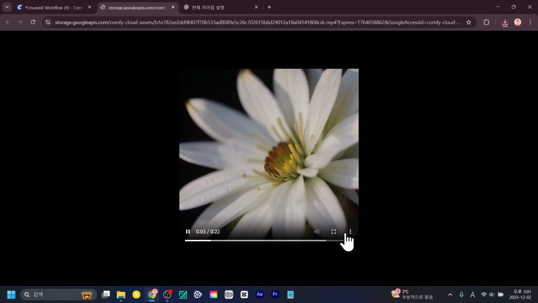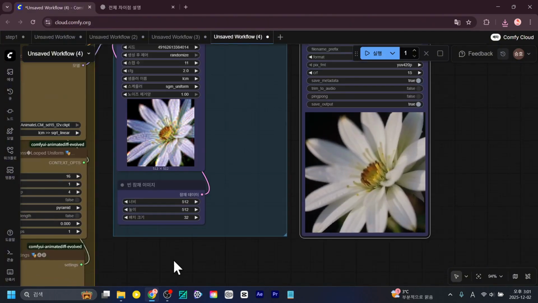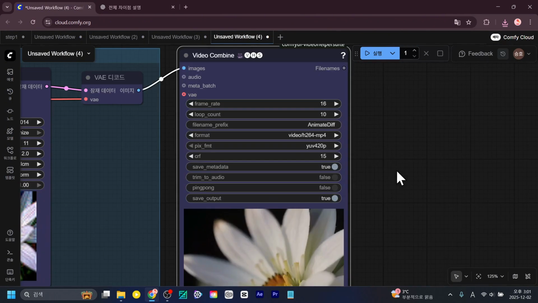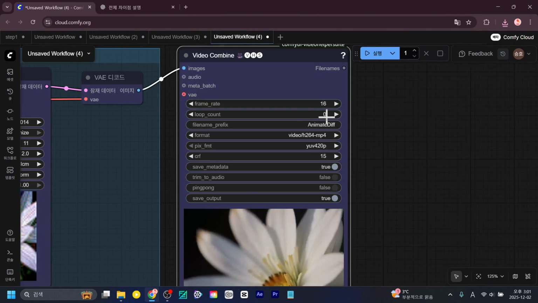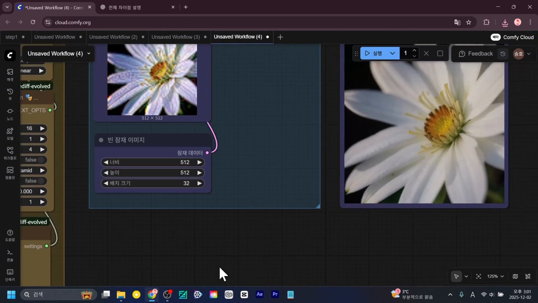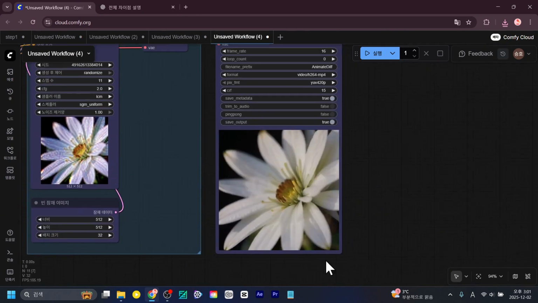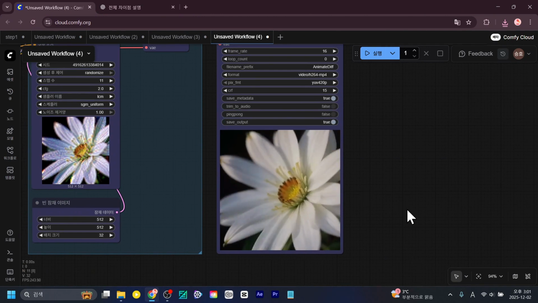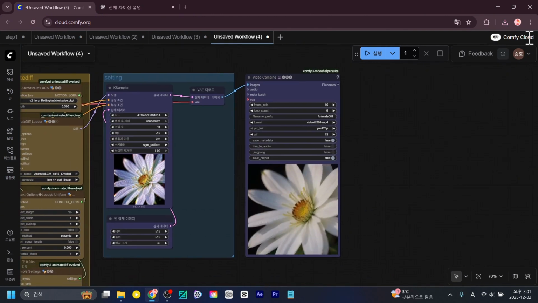Just as planned, right? And as I mentioned before, Animate Diff works with 512. It processes in pixel units. The reason is that the AI was trained well at about this pixel size. So what should you do with the output that's been rendered? I always tell you to upscale it using something like Video Pro, something very similar to upscaling.